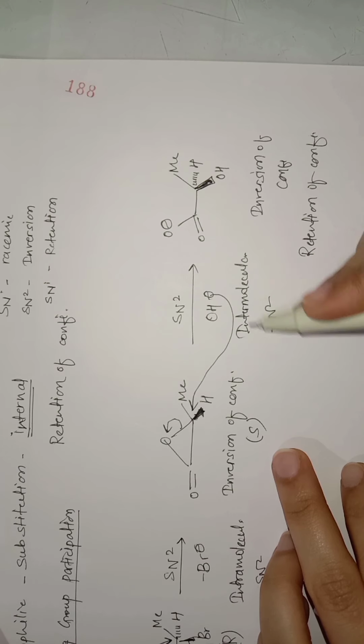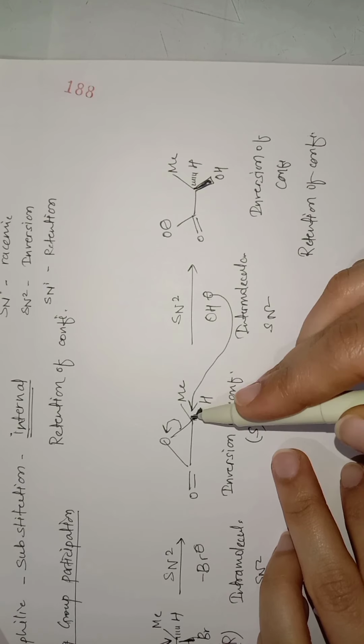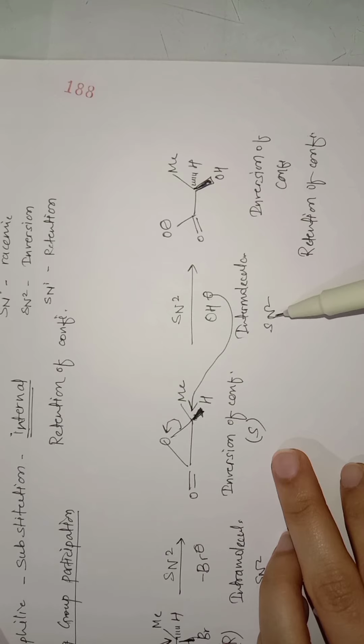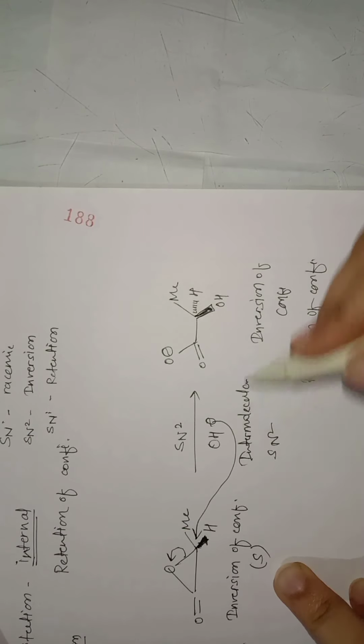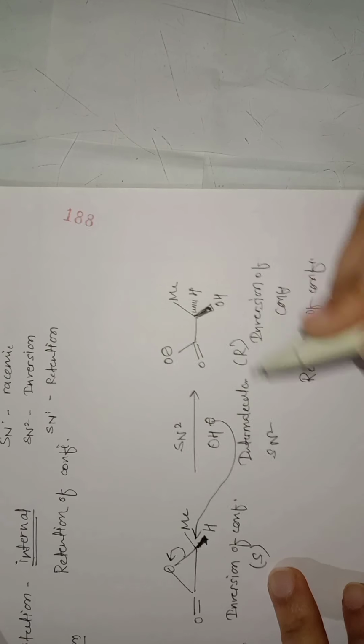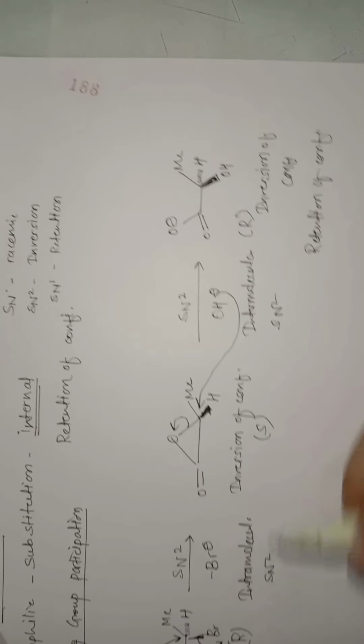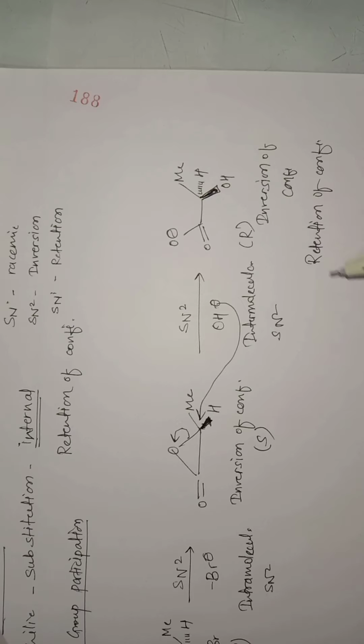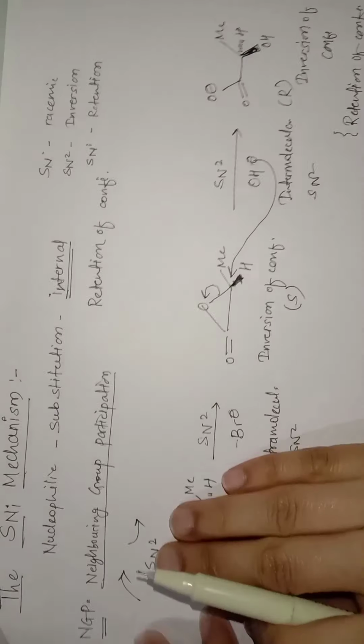So in this intermolecular attack, this nucleophile is attacking from this side, and again the second attack also gives inversion of configuration. So this S changes again to R. Now you can see firstly we have R configuration and lastly again we have R. So totally it is retention of configuration. So that is about the NGP reaction.